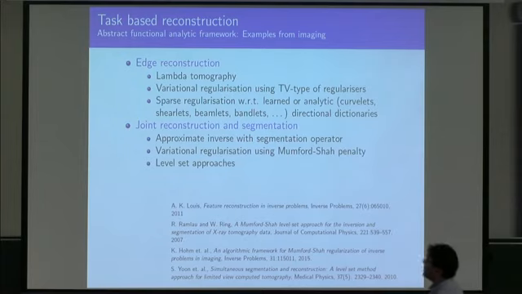You could do joint reconstruction and segmentation. That's another example. I think Christoph was talking a bit about that yesterday, if I'm not entirely wrong. You could, of course, do it also without a variational scheme with approximate inverse. That was after Lewis demonstrated that for segmentation operators that you can actually represent, like an edge Canny detector. And you could use the Mumford-Shah approaches and so on, level set approaches.